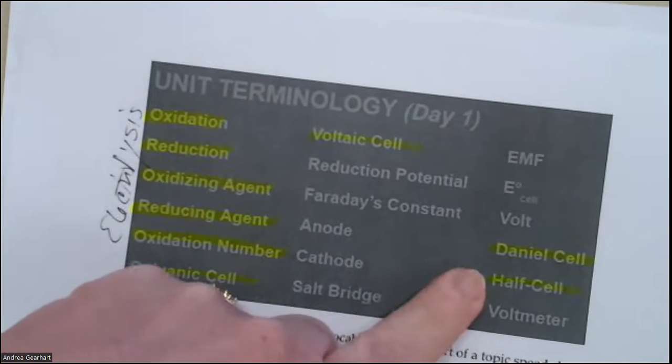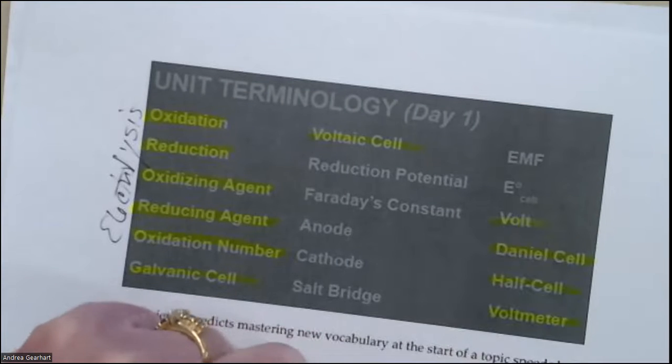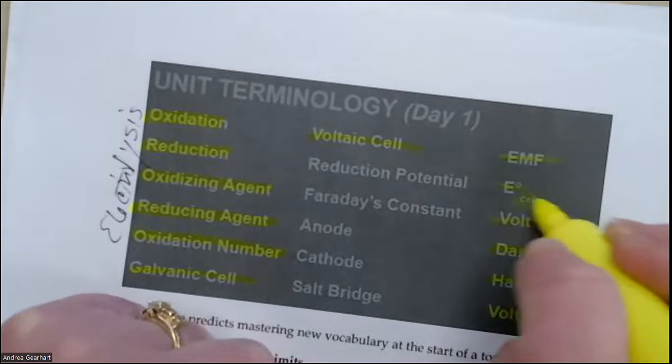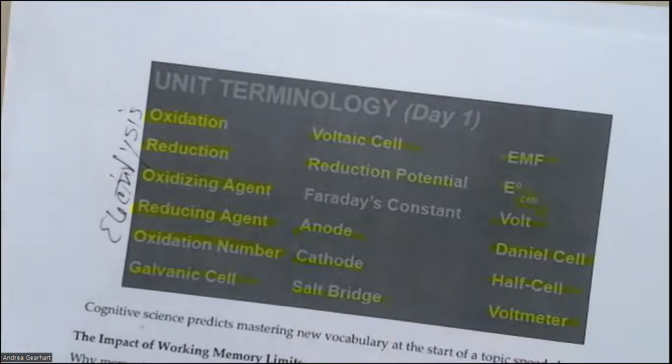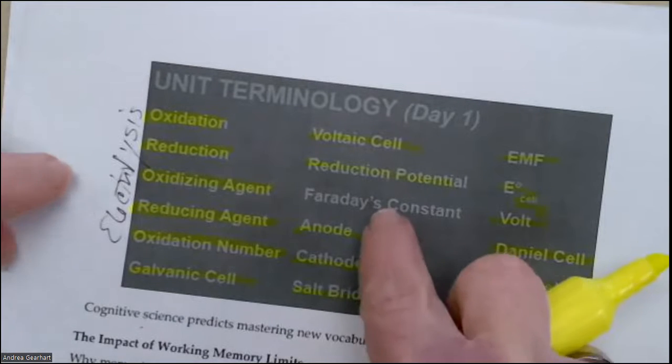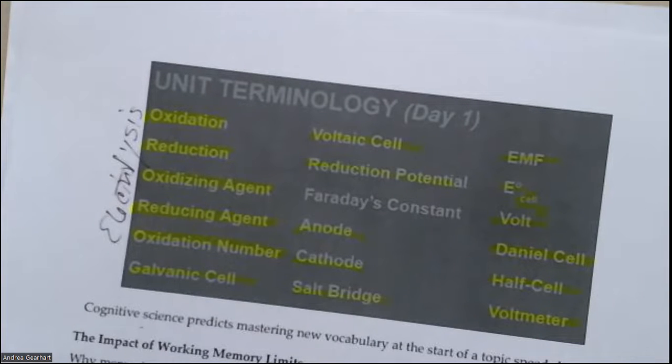We will also talk about a half cell. We saw a voltmeter yesterday. We will also learn about a volt. We will also learn about an EMF, E of a cell. We will also learn reduction potential, anode, cathode, salt bridge. So that will just leave for us practice Monday, and then these last two and related terms. So a lot of great learning today. And I will especially encourage us to imagine things on the particle level. All right. So yesterday we got to see